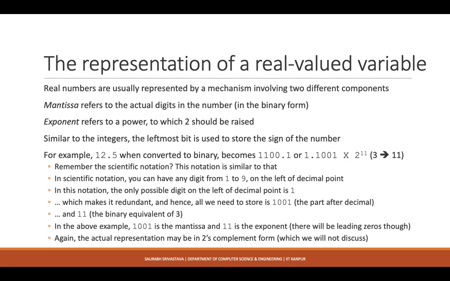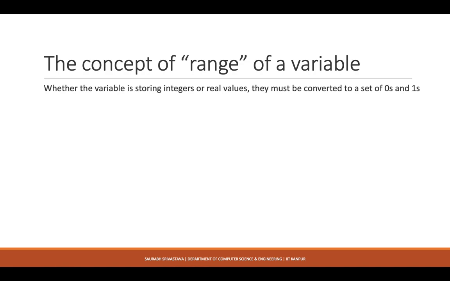But this is just to give you an idea of how exactly a real number gets represented in zeros and ones. This is something that I think we have not discussed in detail in the class, so I spent a bit more time here. But the concept of the range of a variable, you guys already know. Still, I'm going to talk about it. You understand that in order to represent any number in zeros and ones, I'm simply going to use some number of bits, right?